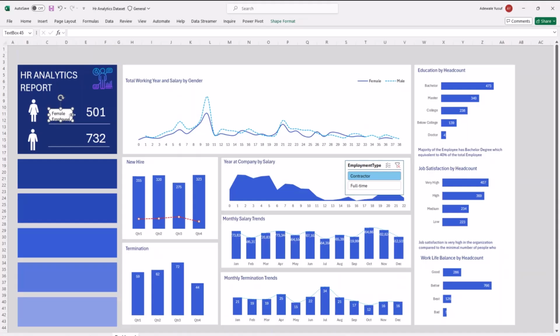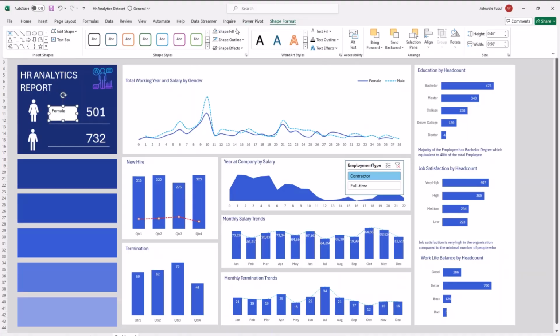So female employee right here, and I'll go to my shape format, no fill, no outline.